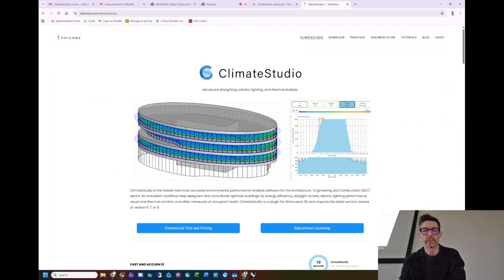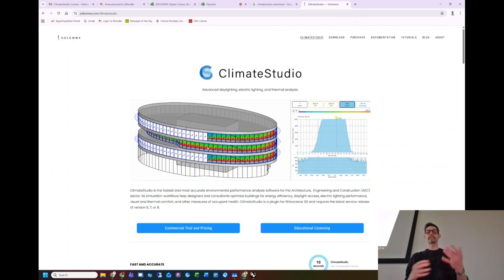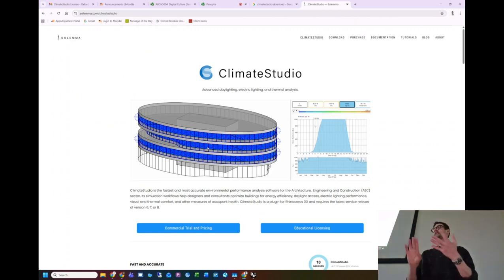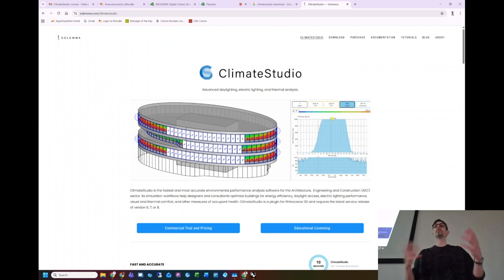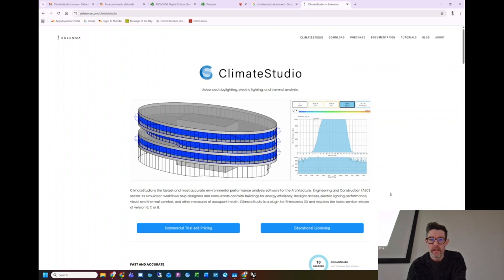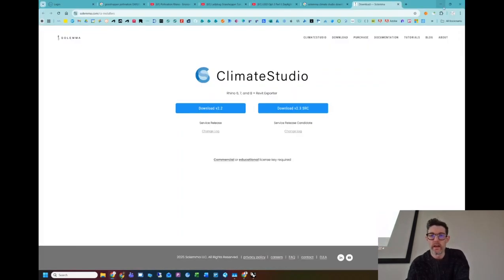is it allows you to simulate things like solar analysis, daylighting, thermal analysis, how your building might behave if you had to actually keep it warm in the winter and keep it cool in the summer. But not only how it's going to behave in a qualitative sense, but actual data around that. This is an incredibly powerful tool, and I want to give you just a little bit of an intro to it today. I'm going to spend about 40 minutes giving you a small intro to some of the daylighting analysis